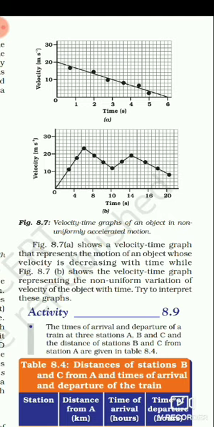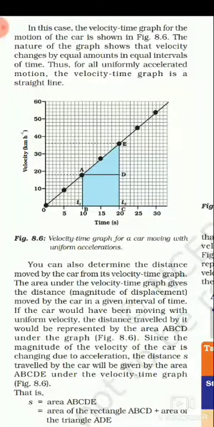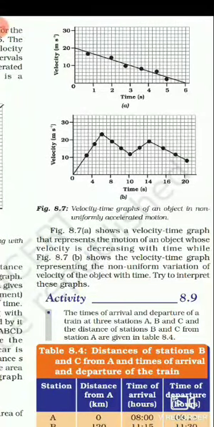And this other type of graph can be for an object which is coming downward due to gravity. That is a free fall object, where when the object is dropped and comes vertically down, the speed is 0 initially, then as it comes towards the ground, the velocity increases at a uniform rate. So this is for uniformly accelerated motion, and this graph is for uniform motion.